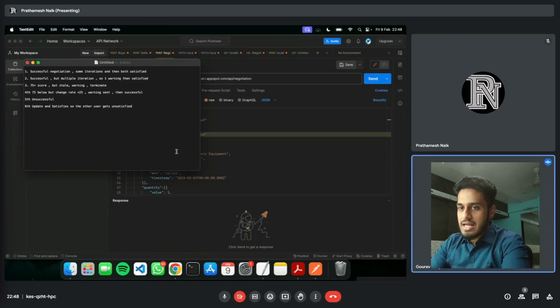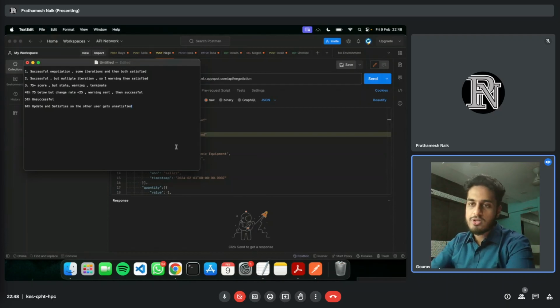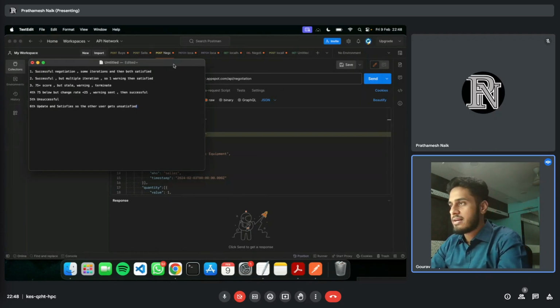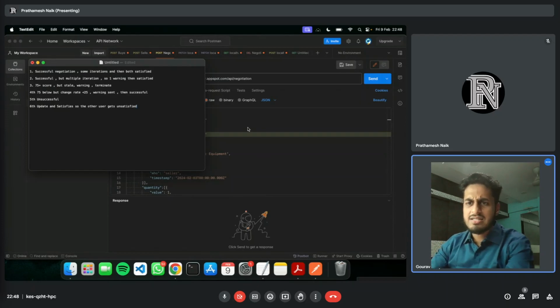The second test case is that everything does go fine, but it takes a bit of time, so a mail gets sent to both buyer and seller warning them to terminate the negotiation as soon as possible. The third case is the score is 75 plus, but after that it flatlines, meaning it enters a stale state. So we terminate that